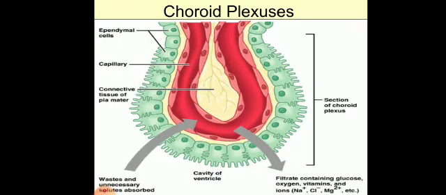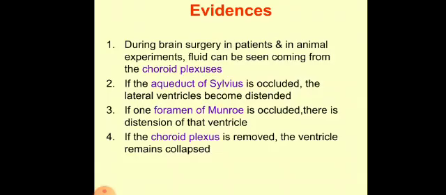Now you can see the choroid plexus, especially in the lateral ventricle, where 50% of the cerebrospinal fluid is formed. 40% is directly from the ependymal layer that lines the ventricles and the meningeal blood vessels, and 10% is produced by the blood vessels of the brain and the spinal cord. Now, what is the experimental evidence which confirms the site of formation of the cerebrospinal fluid?